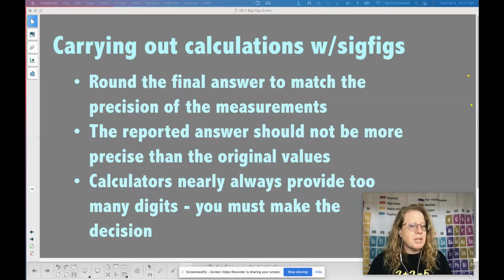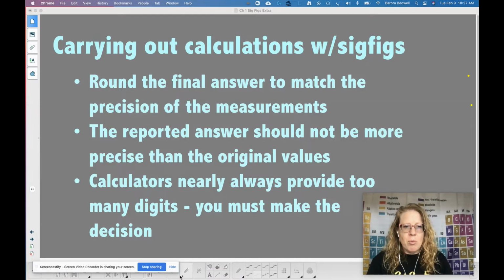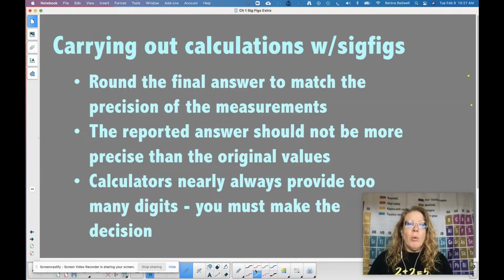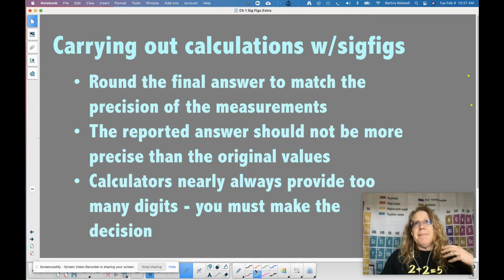The key idea with dealing with SigFigs is that whatever calculations you do, and we do calculations all the time with physics stuff, your answer that you are reporting, your calculated values, cannot be more precise or appear to be more precise than the original values, the original measurements that you put in. Now, your calculator doesn't know anything about SigFigs. I shouldn't say that. Some of the modern graphing calculators actually do know a little bit about it,